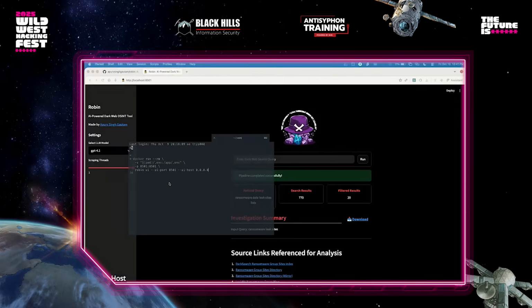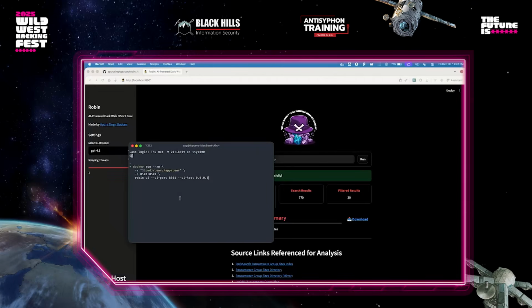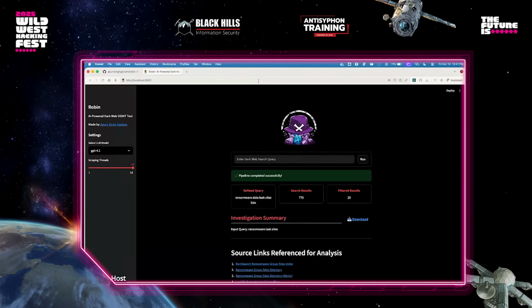I just have to run this Docker command, which is on the GitHub itself, where you can just copy and paste from the GitHub link, and then it will give you localhost 8501, which is the default port for Streamlit, through which it is running.